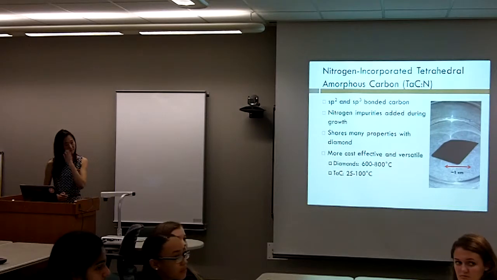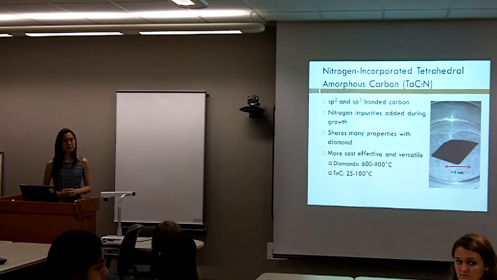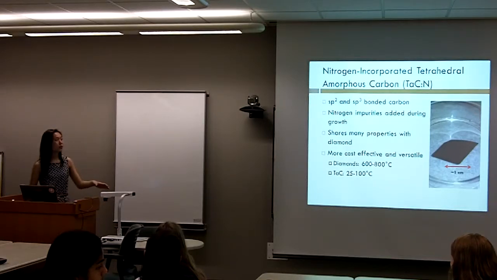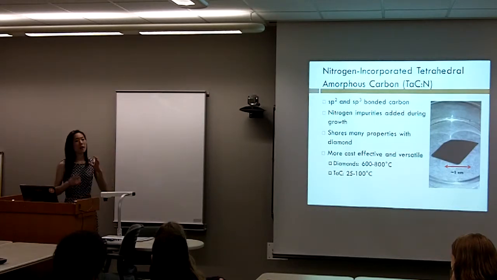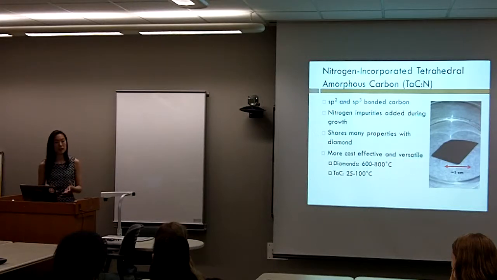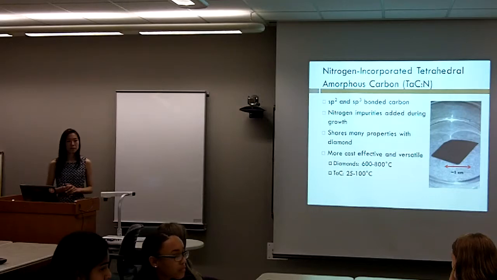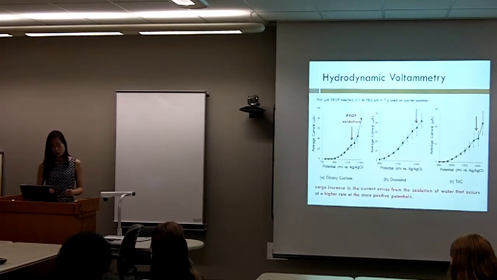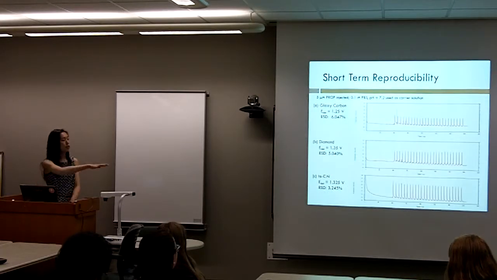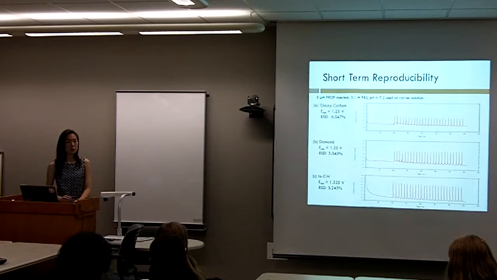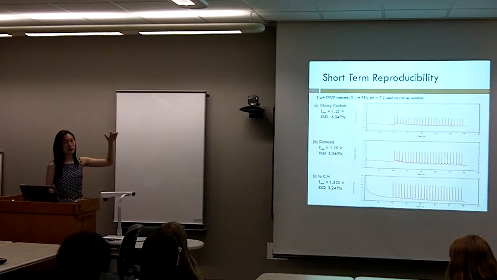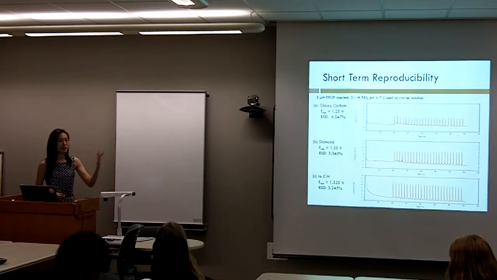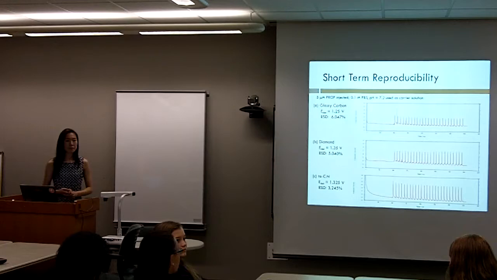Did you do testing with the synthetic urine with all three of the electrode types? Yeah, actually, the carrier solution I used is phosphate buffer, but the propranolol solutions were diluted with synthetic urine. That's how you would do those. Okay. Did you see any fouling in any of them with the use of the synthetic urine? For the short-term reproducibility experiment, this is at a lower concentration of 5 micromolar. When you increase the concentration more, fouling does occur. So at the beginning, you might have higher current, and then it decreases over time. And that happens at slightly higher concentrations. And did you see more fouling in the glassy carbon than the